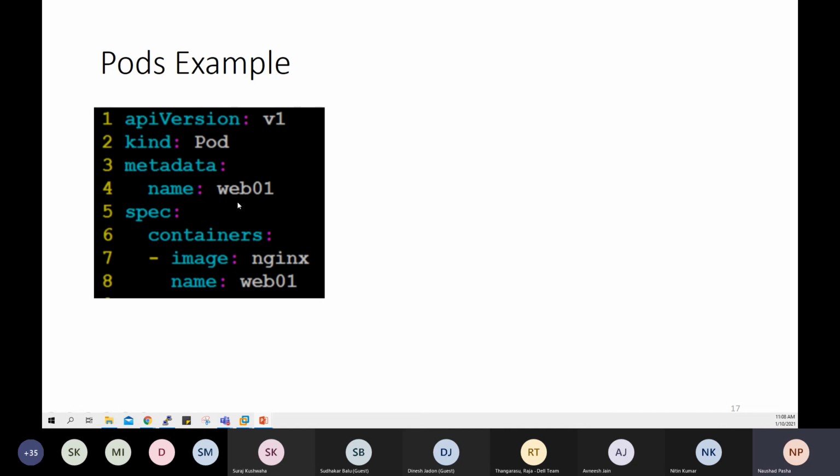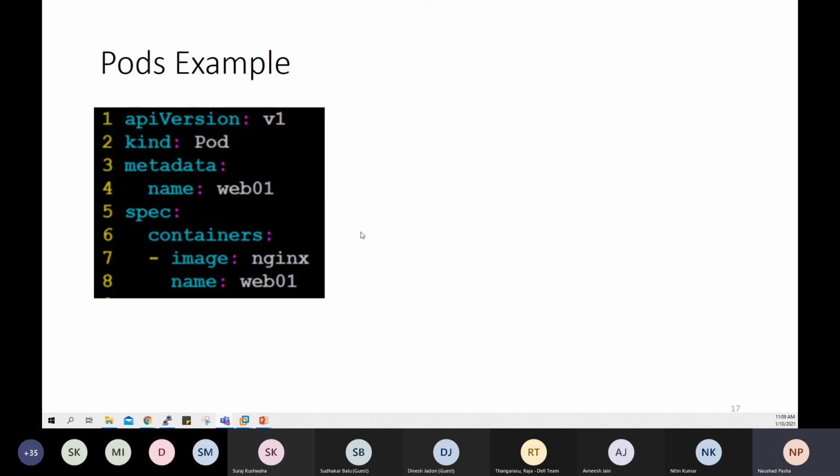So we looked at the simple YAML manifest for the pod to be created: the API version, the kind of the resource, the metadata, which includes the name of the resource, and in the specification, the containers that you want to create, the image to be used, the name of the container.